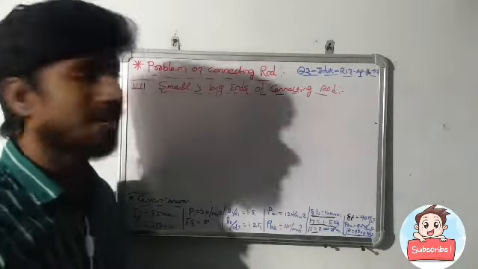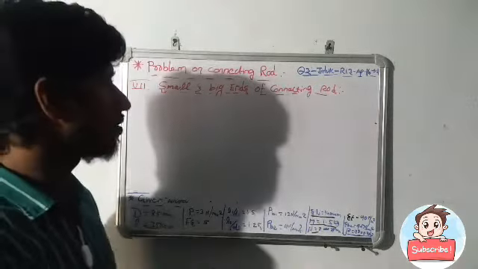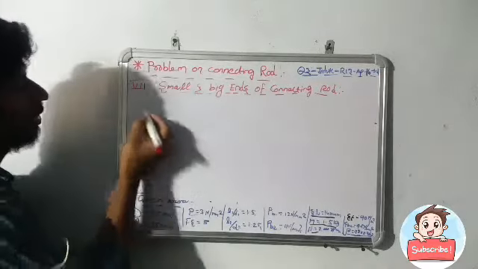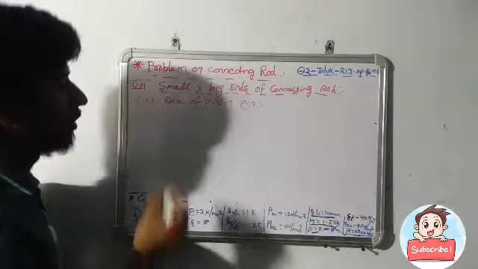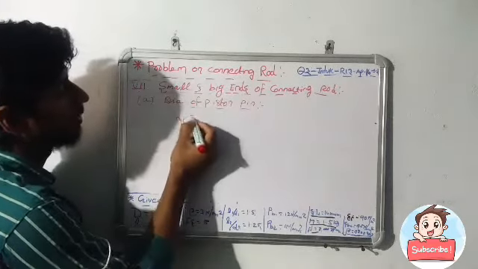So small end and big ends of the connecting rod. Here also some minor steps are there. The first one is the diameter of piston pin. So it is denoted by D1, that is equal to